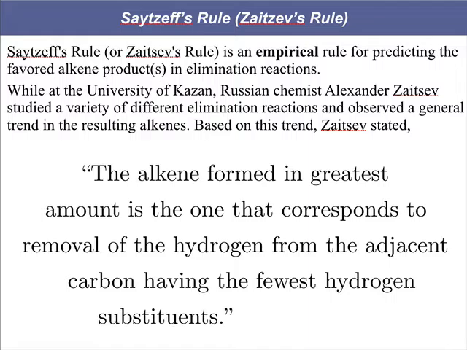And this is what he said. He said the alkene formed in greatest amount is the one that corresponds to removal of the hydrogen from the adjacent carbon having the fewest hydrogen substituents. So he basically said that if you choose the hydrogen that is on the carbon with the fewest hydrogens, that product will be favored. So if we look at our previous slide,